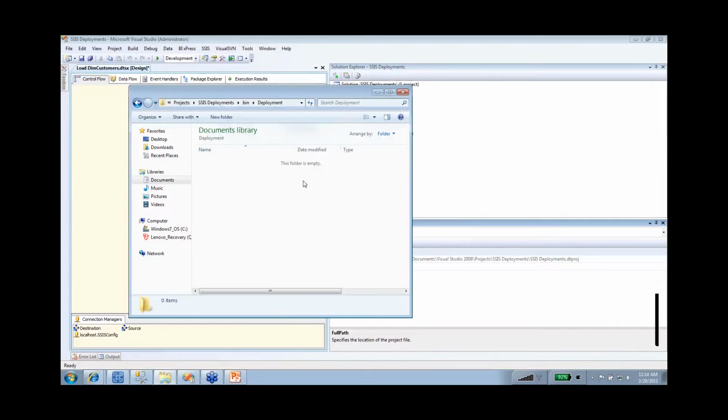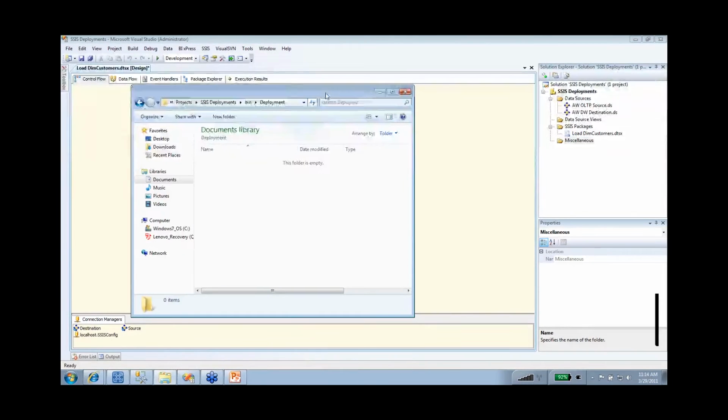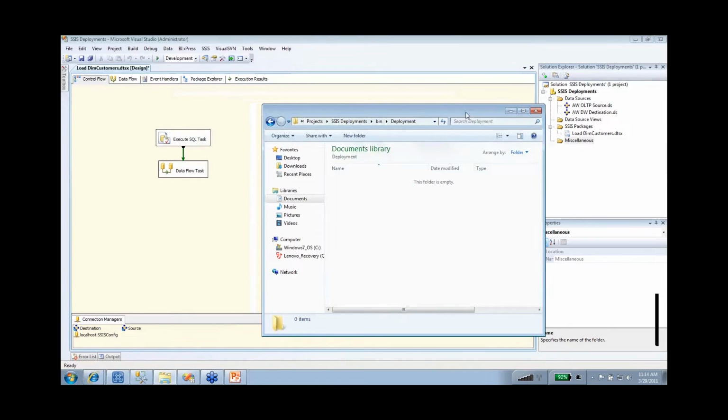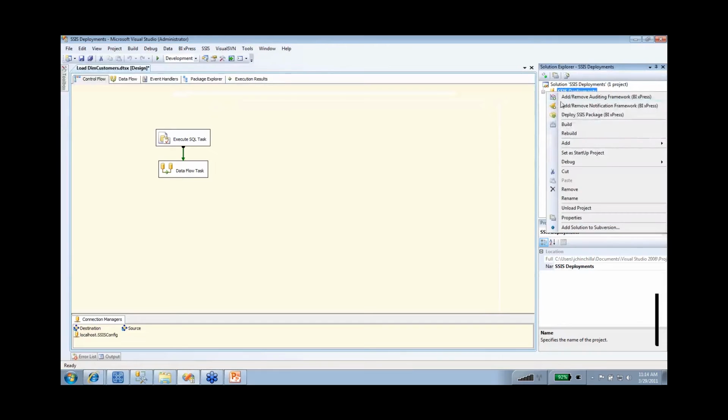So you see, Bin Deployment will be under your current project path. So right now, I just enabled the files to be created. Let me expand this to the right. But I have not actually created the files. So what I need to do is build my project. So when I build my project, right-click on that project and click on Build,